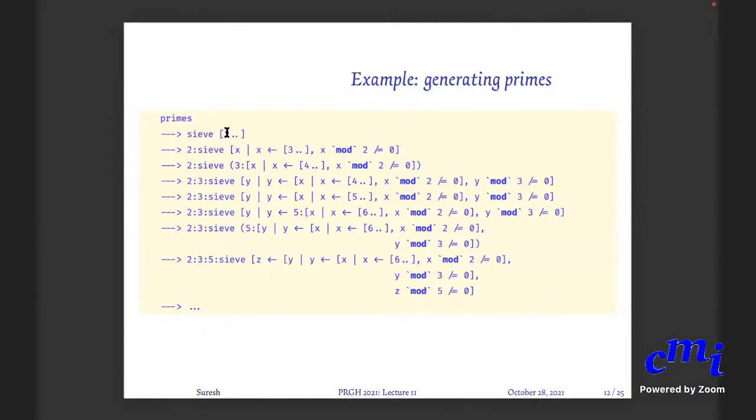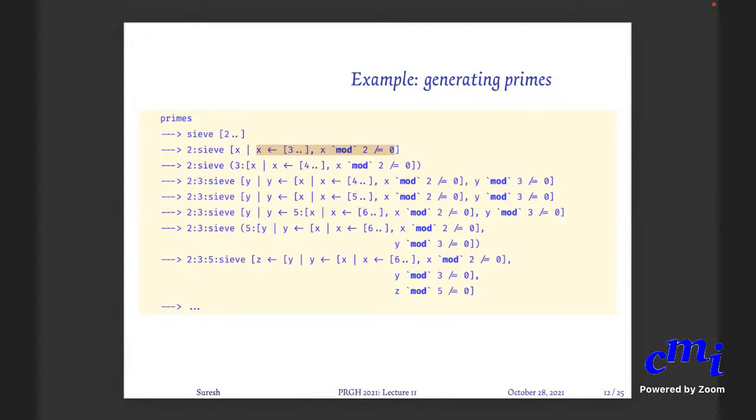What does this say? This says the first element is a 2 dot dot is of the form 2 colon something, 2 colon 3 dot dot, remember. So it says, okay, remove 2, that is my next prime. And now what do you do? Among 3 dot dot, remove everything that is a multiple of 2. So you retain only those things that are not multiples of 2. So you say x belonging to 3 dot dot such that x mod 2 is not equal to 0. Now let's try to compute this. You will first apply it to 3 and you'll see what happens. What happens, Shakti? Can you tell?